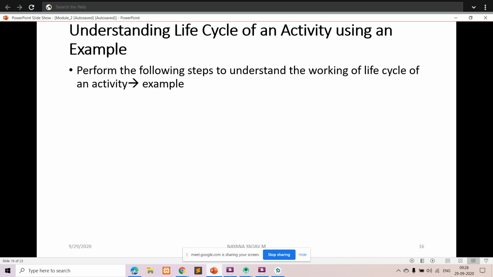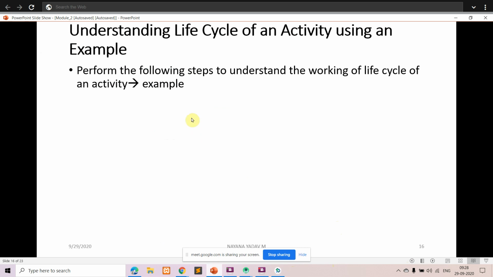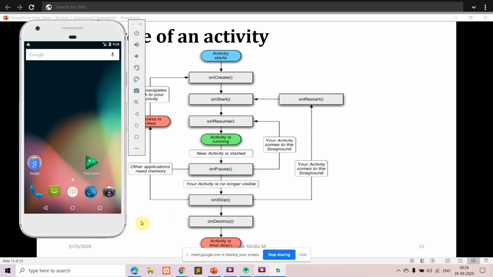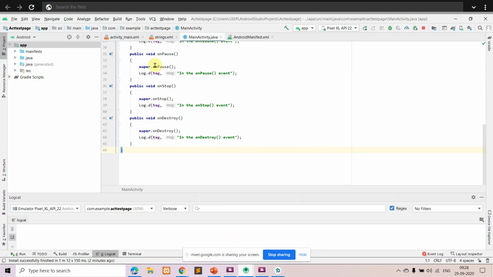Okay. Did you understand what I wanted to say? All those stages that an activity goes through are visible in the logcat window, because you have written the code here which is telling the different stages.